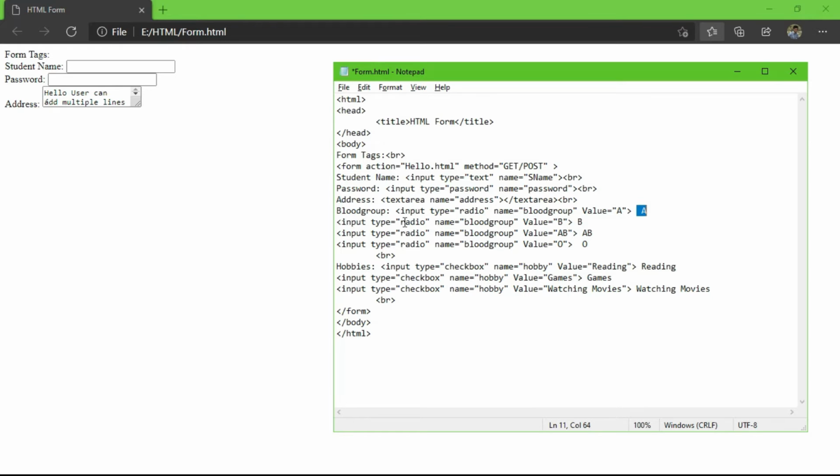The syntax of checkbox is the same as radio button. We just have to replace radio with checkbox. Other things like name and values are the same as radio button, with just one difference in type. Instead of radio, we use checkbox. So let's see the output of both radio button and checkbox. Then you will get a clear idea about what is radio button and what is checkbox.